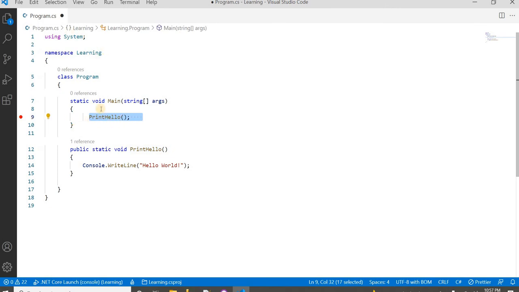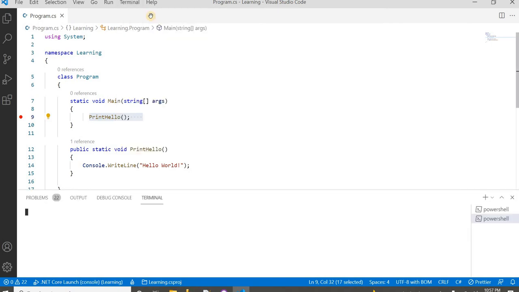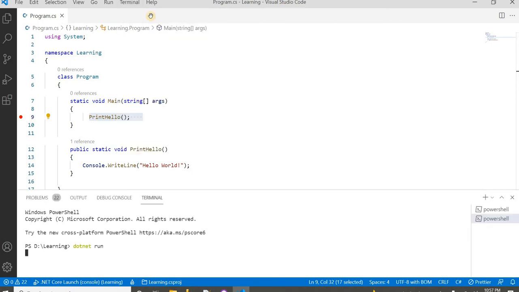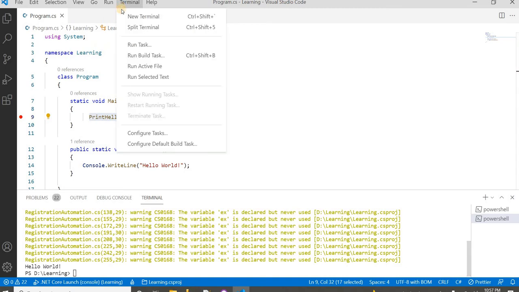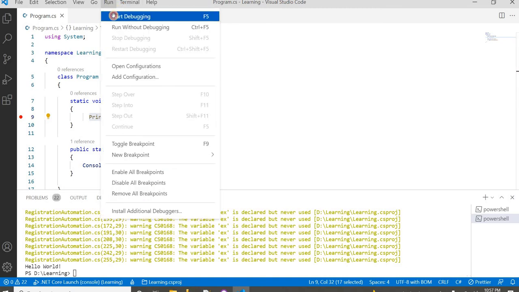Now I will run this. Let's see the output here. Then I will run it in the debug mode. Now it's printing here hello world. Let me run it now in the debug mode.